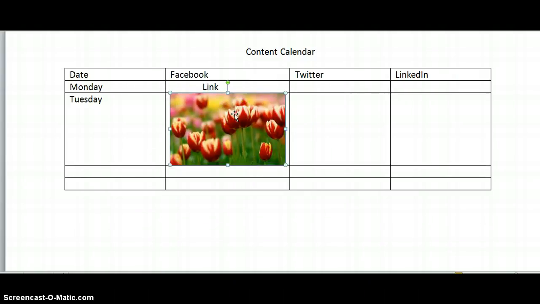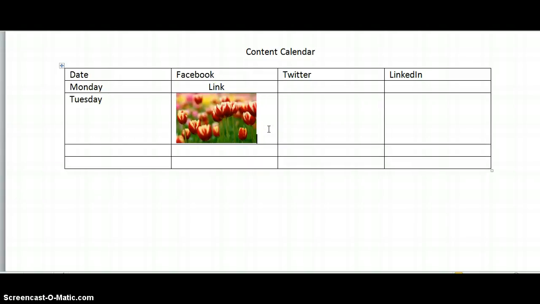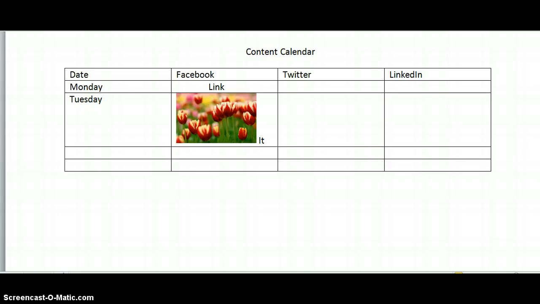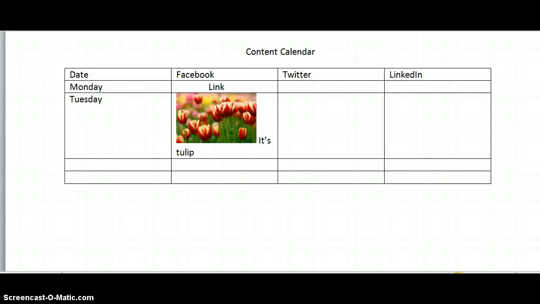There are tools that will help you do that, PicMonkey or Canva. You can use those to put your website on here, to write Happy Spring, whatever you might want to do, and then you can include whatever you might want to say in here as well. If you're a spa, or if you're a florist, it's tulip season. Maybe it's tulip season and you're a florist and you have like 20 colors,